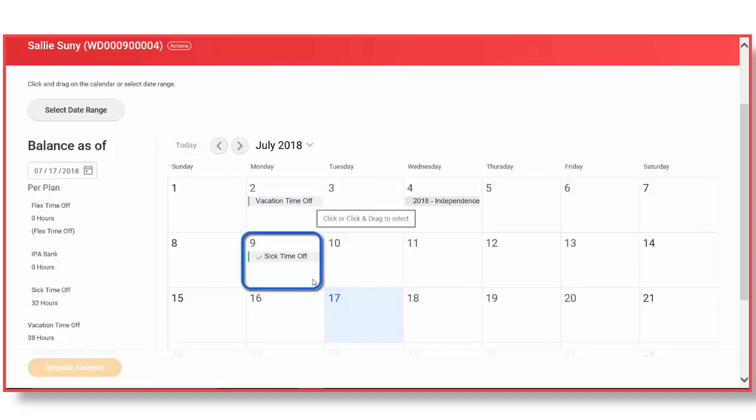Below, for July 9th, you will see that she requested sick time off. See that it is green with a check mark? That is different than above. If you see a green check mark, that means that it has been approved by the supervisor. Just like in the prior screen where I showed you submitted and approved, you can also see the same thing